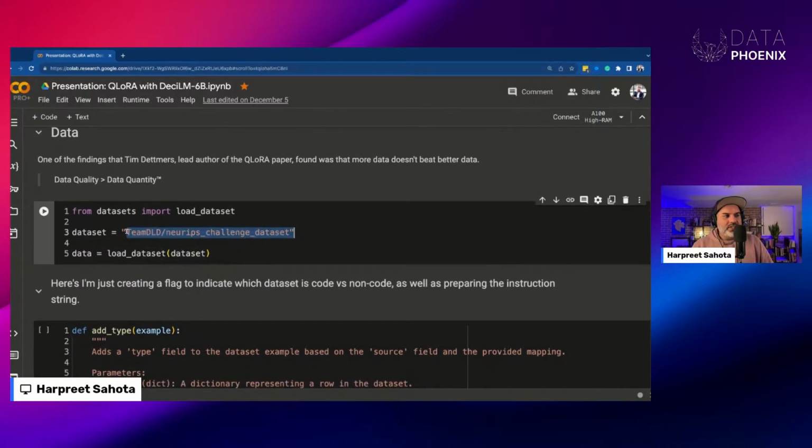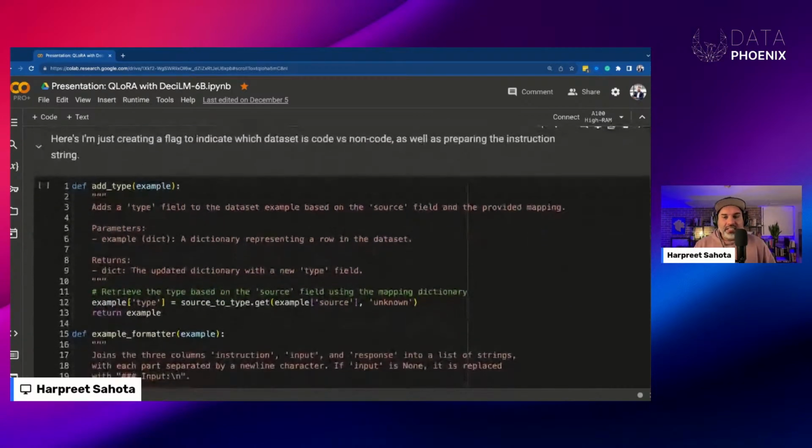The data set we're using here is a highly curated data set that I put together. I initially created it for the NeurIPS challenge, but ultimately ended up not entering it. It's essentially a mashup of 12 very high quality instruction data sets that I found on HuggingFace. Each of the sub data sets is permissively licensed, which is nice. None of the stuff here was generated by ChatGPT. A lot of it was generated by Llama 2, so that makes it permissively licensed. So it's a nice data set to use.